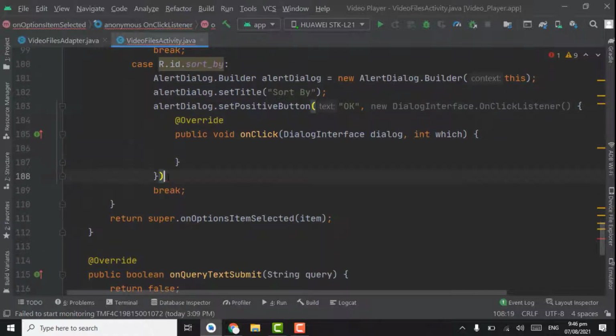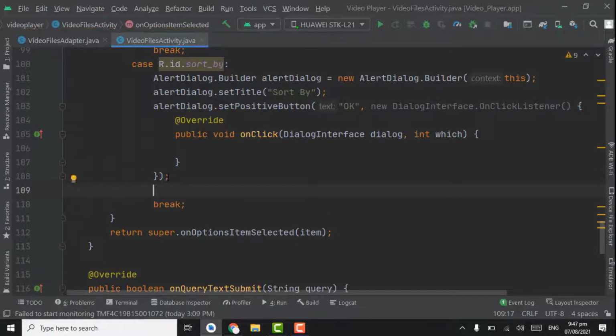Now below the OK button, we will create a string variable of array type, name it as items. Here in curly bracket we will create the 4 items that we want to show in alert dialog. First one will be name, parenthesis, from A to Z, comma.